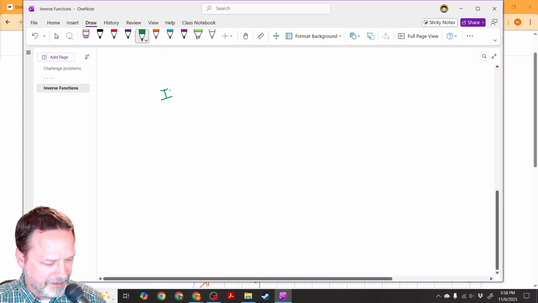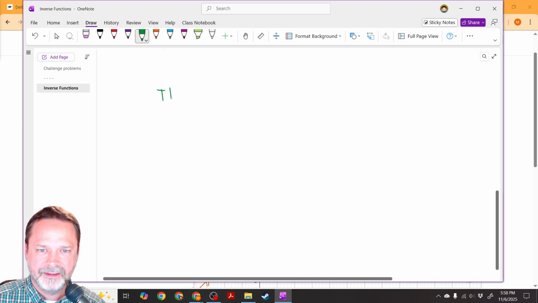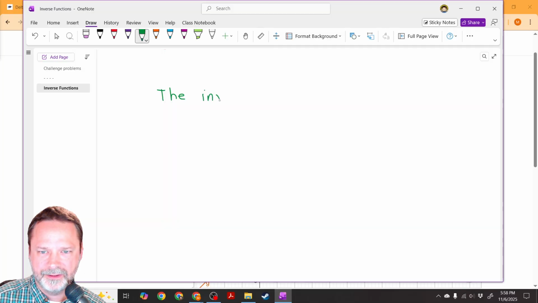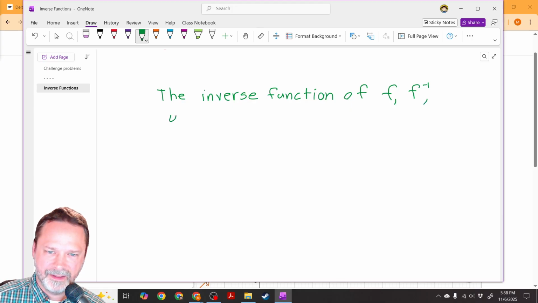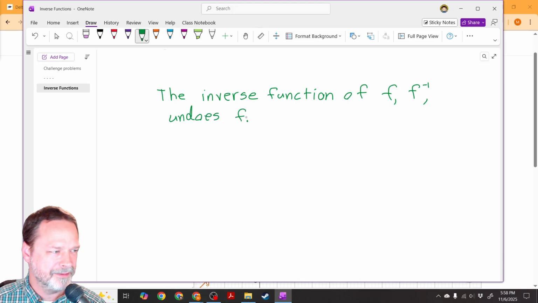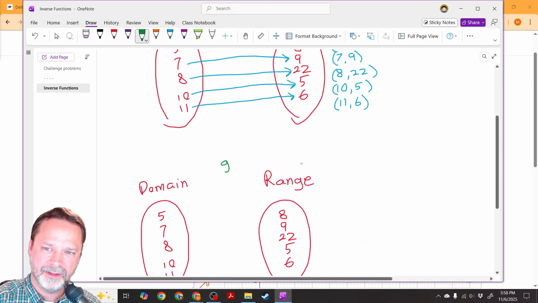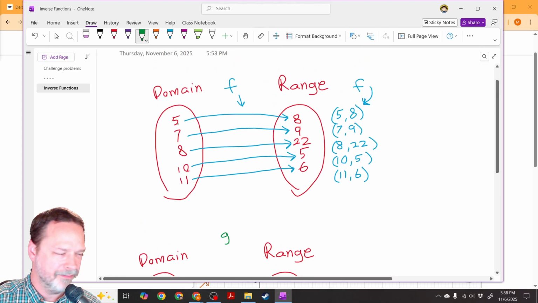the inverse function of f, and we like to use a certain notation here, and it'll be this. We'll say f inverse like this. f inverse undoes f. So whatever f did, the inverse of f will undo it. Okay? So in other words, if f likes to send 5 to 8,